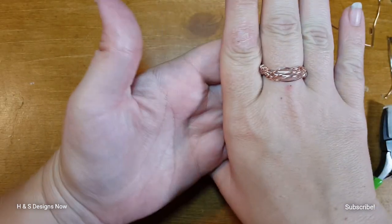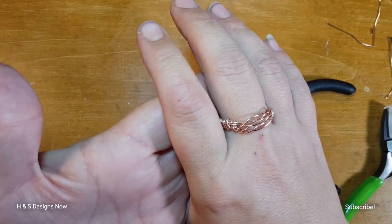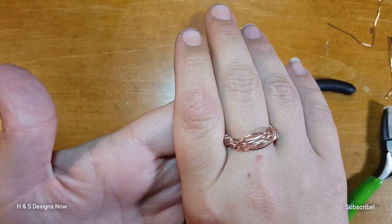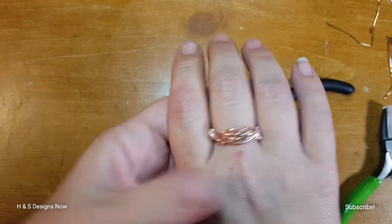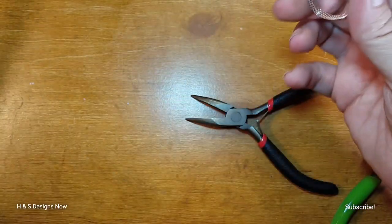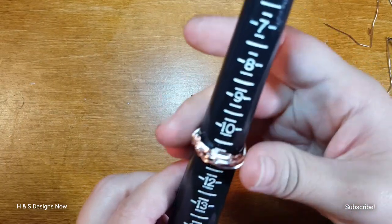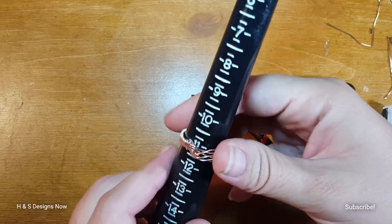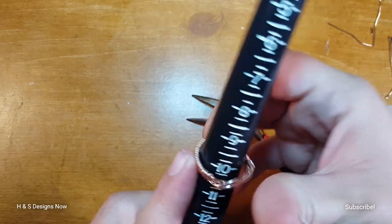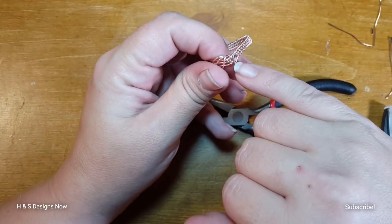Oh, and it fits marvelously. And look at how that looks. It's almost like ocean waves. Isn't that gorgeous? So obviously it is a size 10 because it fits on my middle finger wonderfully. So it actually ended up being considerably bigger, but I think part of that's because this has a groove. But that's okay that it ended up a little bit larger, because if you want to make it smaller, you can